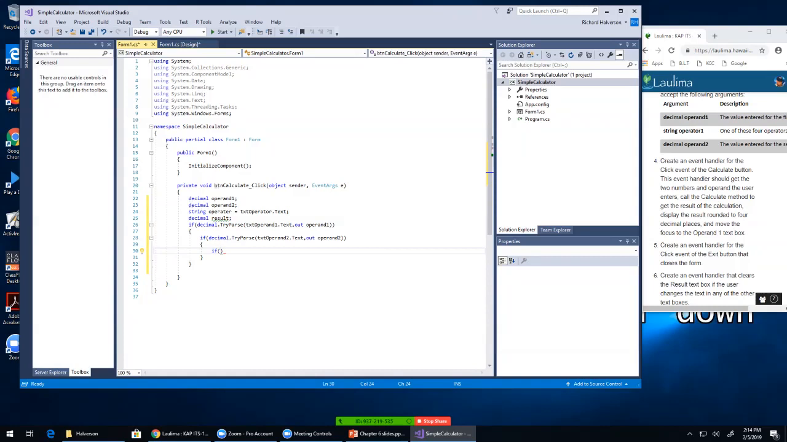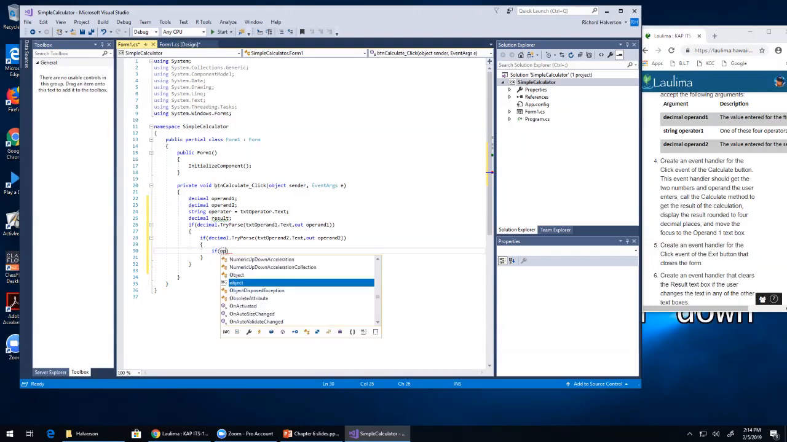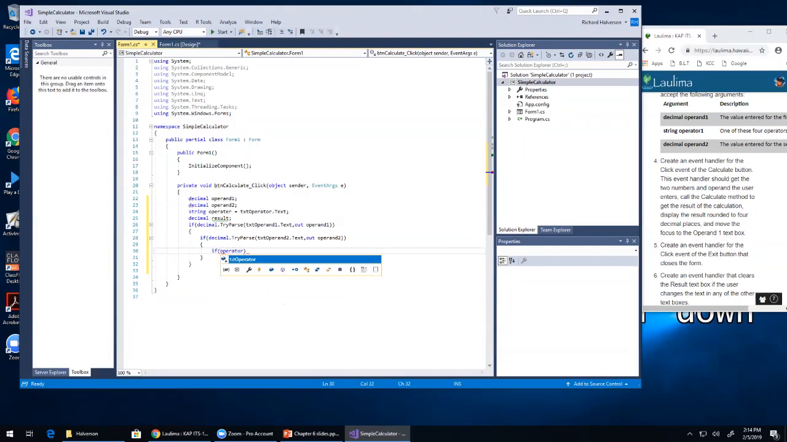If operator equals, if operator equals, it's a string, so even though it's really a character, I've defined it as a string, so I have to use double quotes. If operator is equal to plus, then do something,